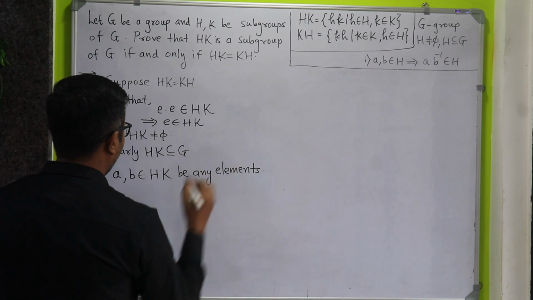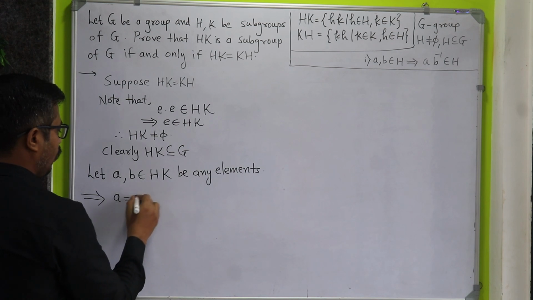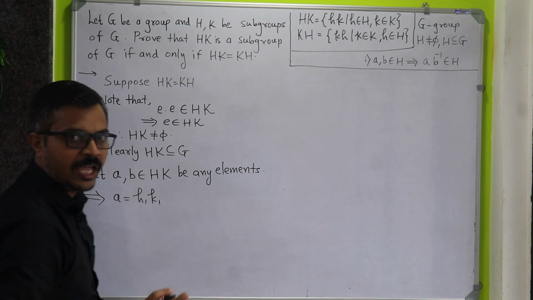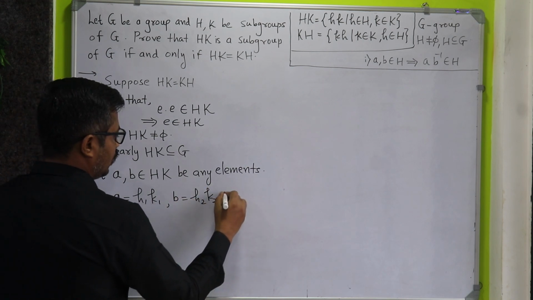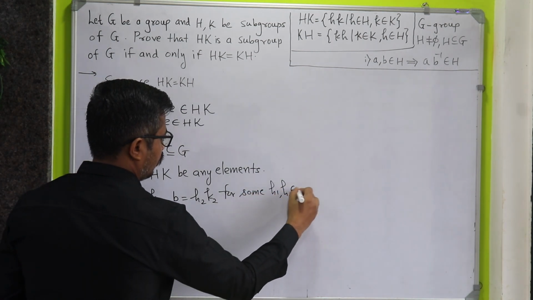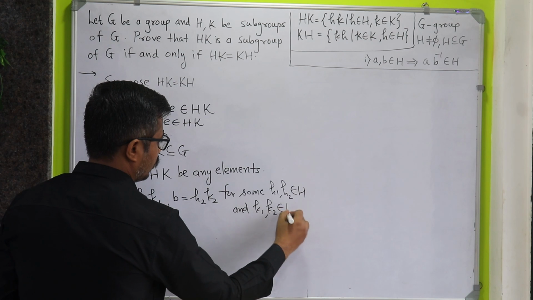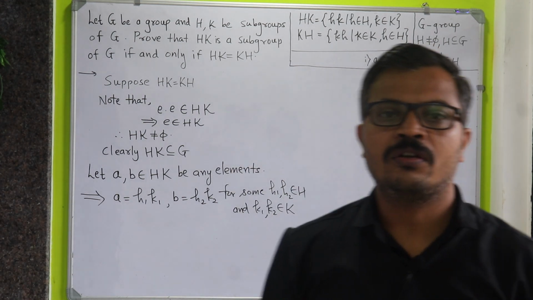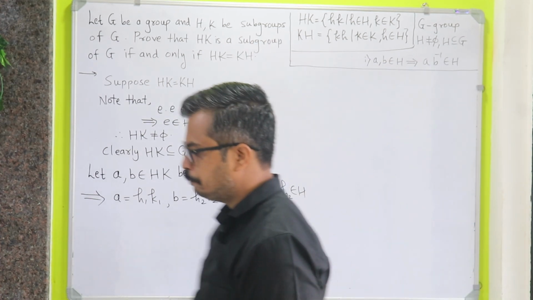But as we know, an element of HK takes the form of an element of H multiplied by an element of K. So I will write a as h1 k1, and similarly I will write b as h2 k2 for some h1, h2 belonging to H and k1, k2 belonging to K. Now as we have to show ab inverse is an element of HK, I will start with ab inverse. So we will say consider ab inverse,